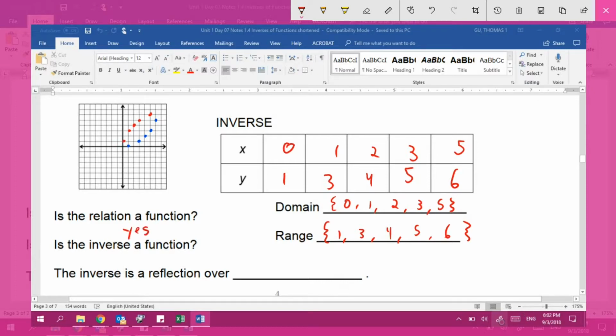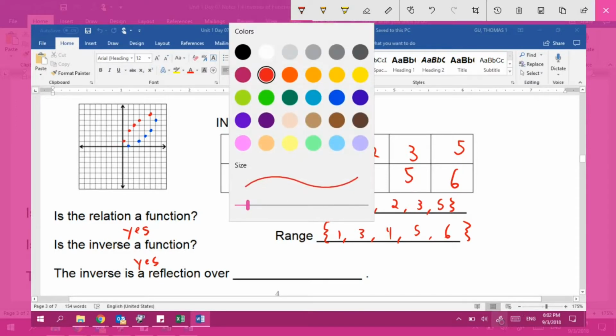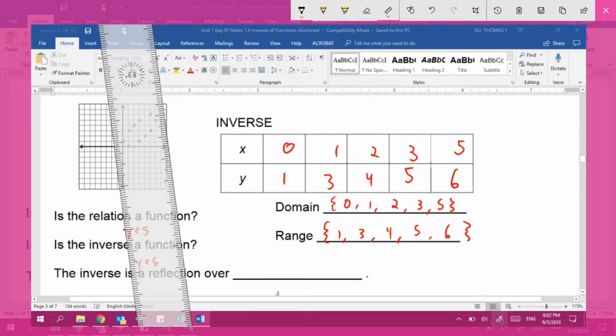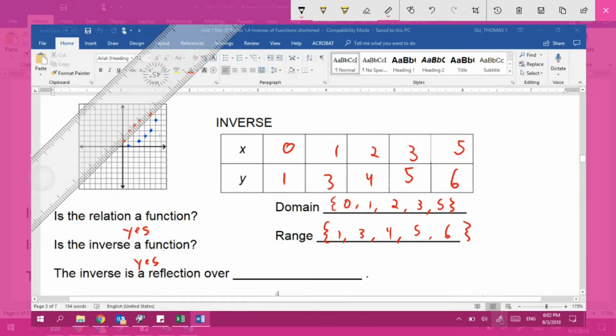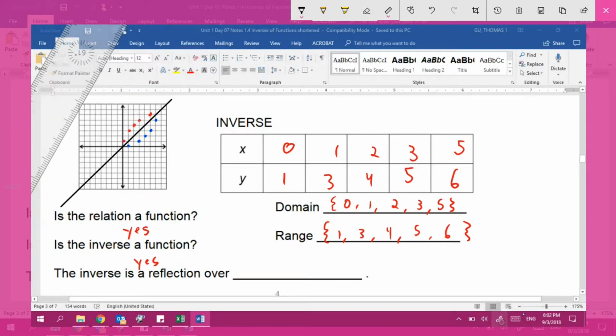And is the inverse a function? Yes, it is. That is because we do not see any repeating x values that go to different y values. And these pass the vertical line test. And you can see that this inverse reflects exactly over the line y equals x. You see, that's y equals x right there, and this is a perfect mirror image or reflection